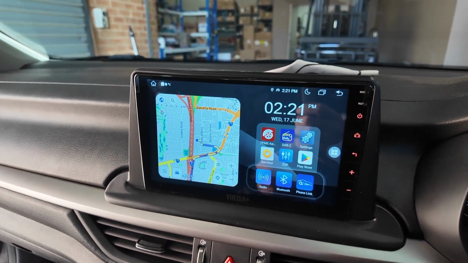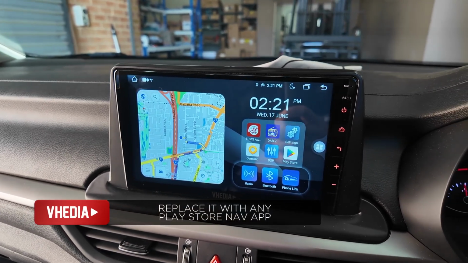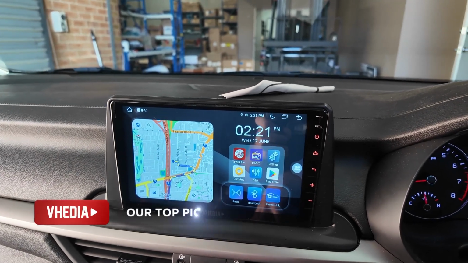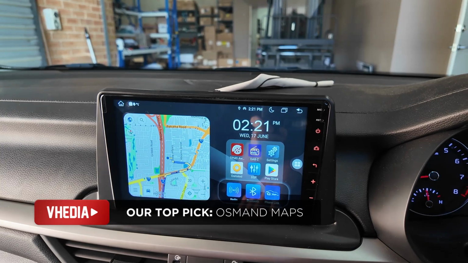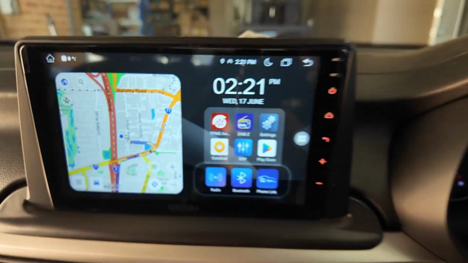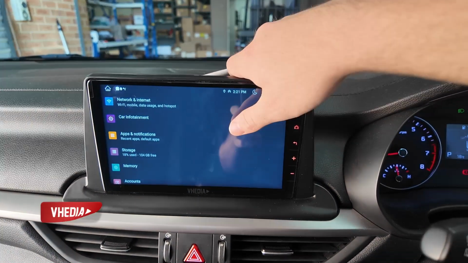You can actually replace this with pretty much any navigation app that you can find on the Google Play Store on the unit. The one that we've tested the most and that I personally use is called OsmAnd. As you can see there, it's downloadable on the Google Play Store, and you can change it out on the map screen by going into settings like this, car infotainment,